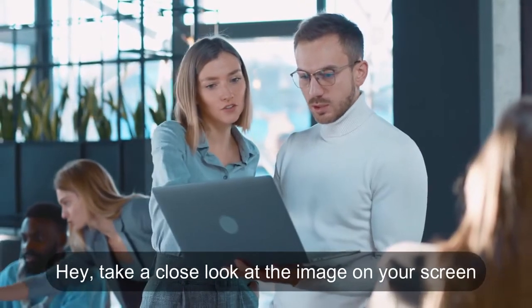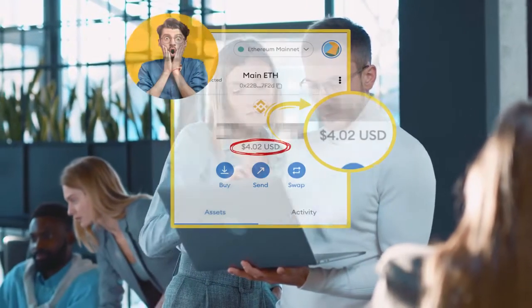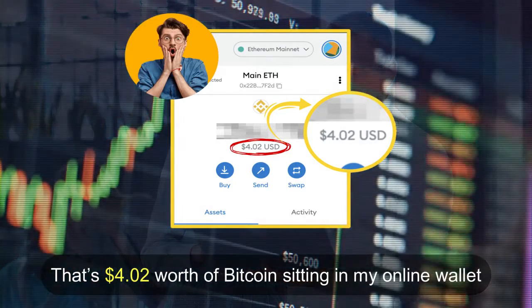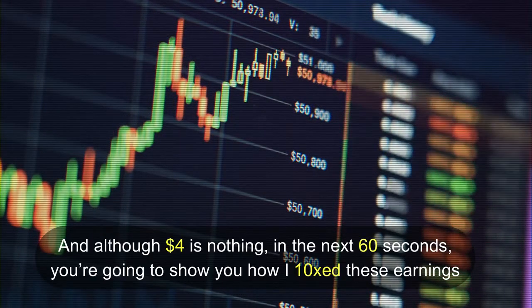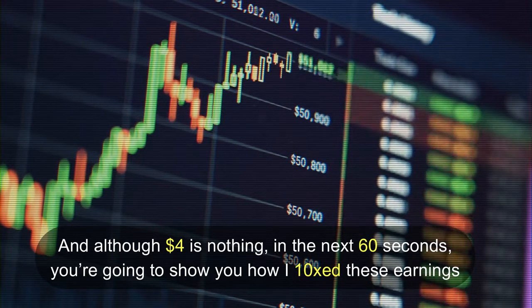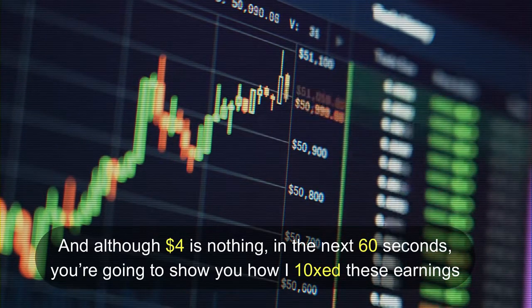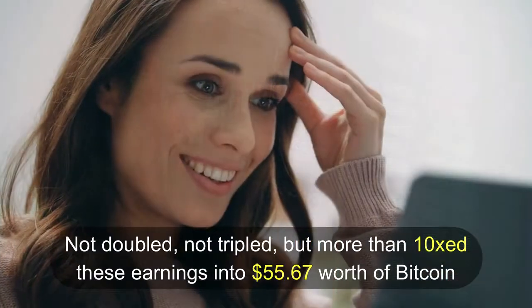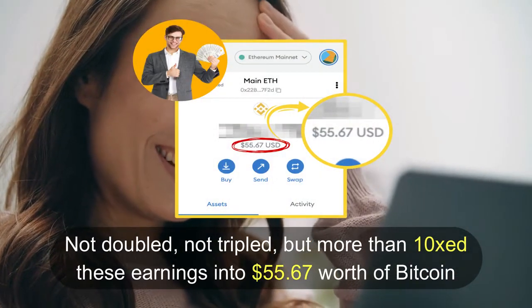Hey, take a close look at the image on your screen. That's $4.02 worth of Bitcoin sitting in my online wallet. And although $4 is nothing, in the next 60 seconds, I'm going to show you how I 10 times these earnings. Not doubled, not tripled, but more than 10 times these earnings